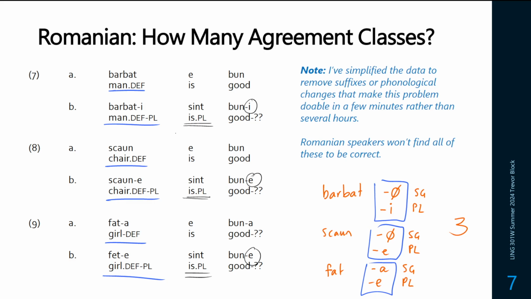So singular and plural might also fit that definition, and you might be thinking, hold on, that's a number system, that's not a gender system or noun class system. But by definition, it does include it. So we do have a gender system here. We have 3 different agreement classes. So just based off that loosely, we're expecting 3 different genders.